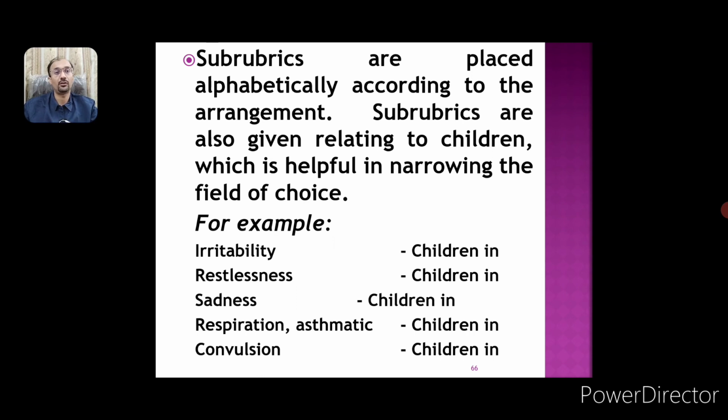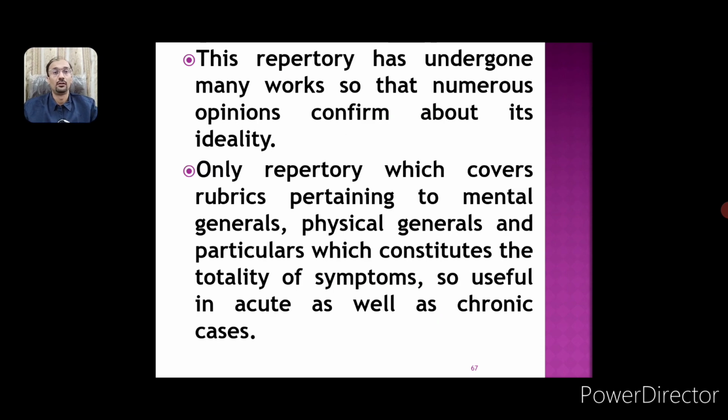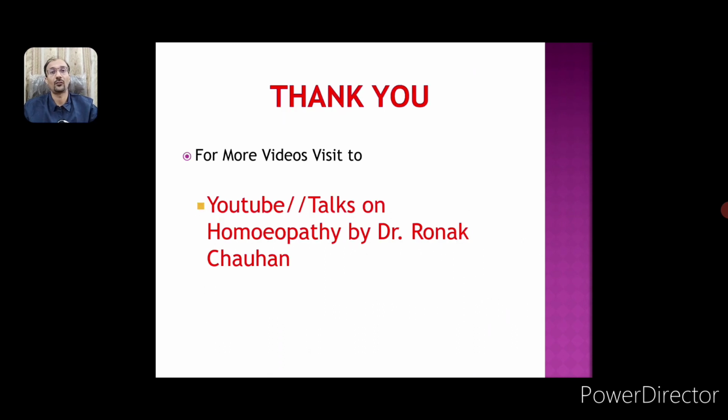Sub-rubrics are placed alphabetically according to arrangements, and some rubrics related to children are also given, like irritability, restlessness. So conditions of children are also there, but scattered. It is the only repertory which covers the rubrics pertaining to mental generals, physical generals, and some constitutionals. Okay, so this is a brief review of this repertory. Again, to sum up the main points, it contains 648 medicines, and